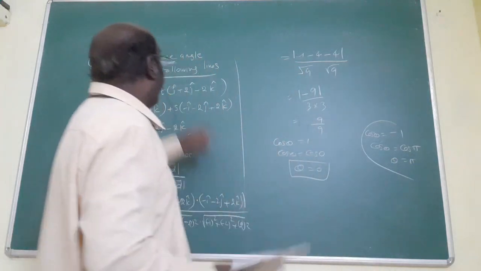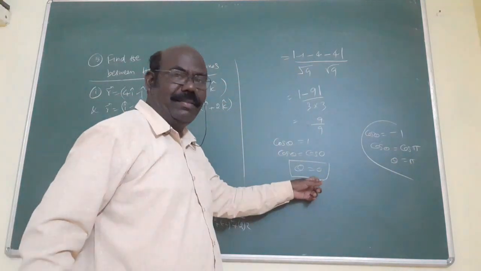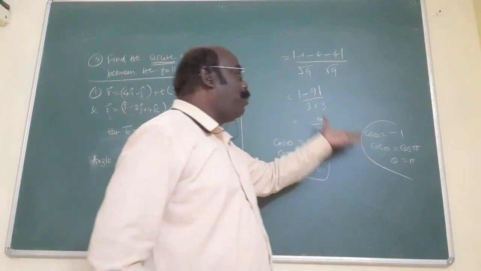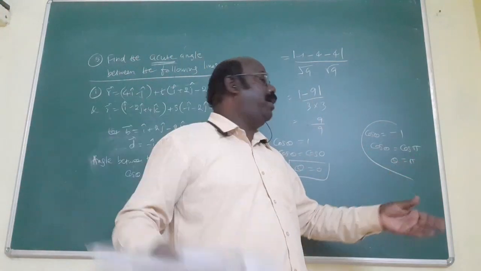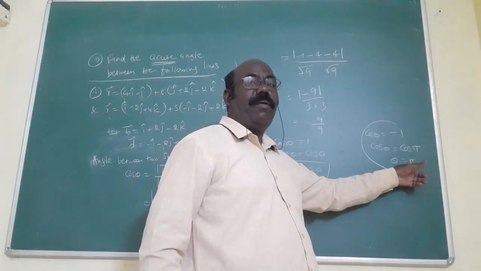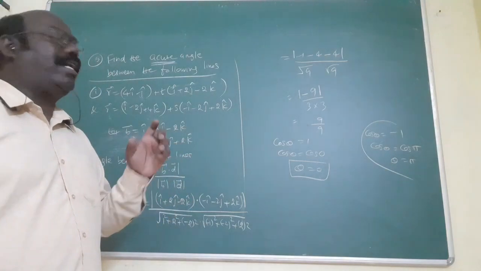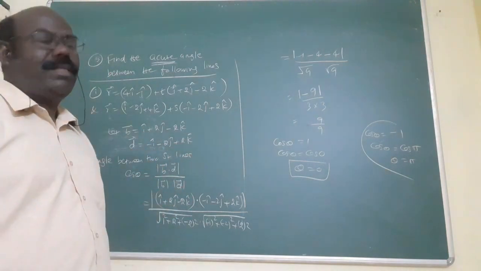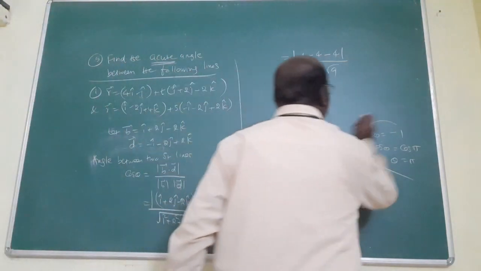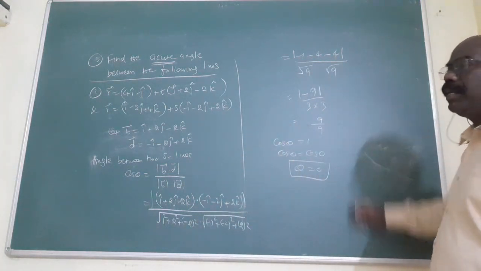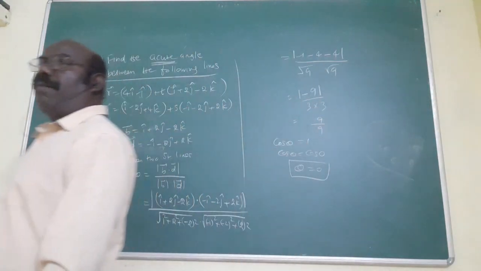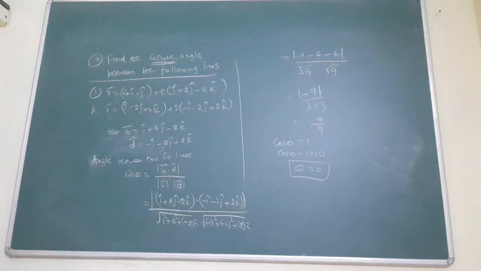What is asked? The acute angle, below 90. That's why consider the modulus. If only the angle is asked, whatever the angle may be, it could be more than 90, here 180. Therefore, read the question clearly. Here the acute angle is asked, that's why you put the modulus. Otherwise, you need not put the modulus. That is the answer. First term is over. Very simple concept, 2 mark question. You must follow the formula: from the question, guess the B vector, then D vector, write the formula, substitute the values, and we get the answer. Next, second solution.